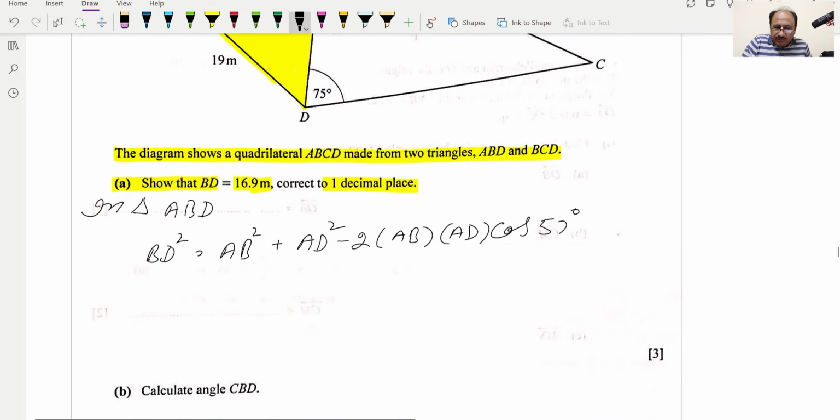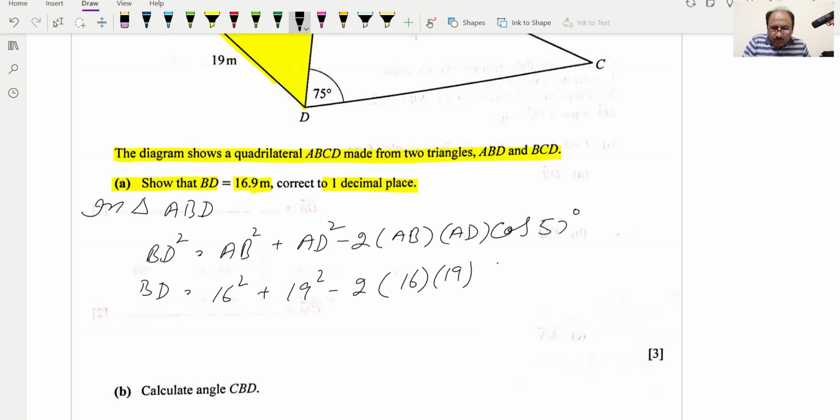So 57 degrees. And now we can write BD is equal to AB, which is 16. So we can write 16 squared plus AD, which is 19, so 19 squared minus 2 into 16 into 19 into cos of 57 degrees. And because we removed this square, we can take the square root from here, and this will be equal to